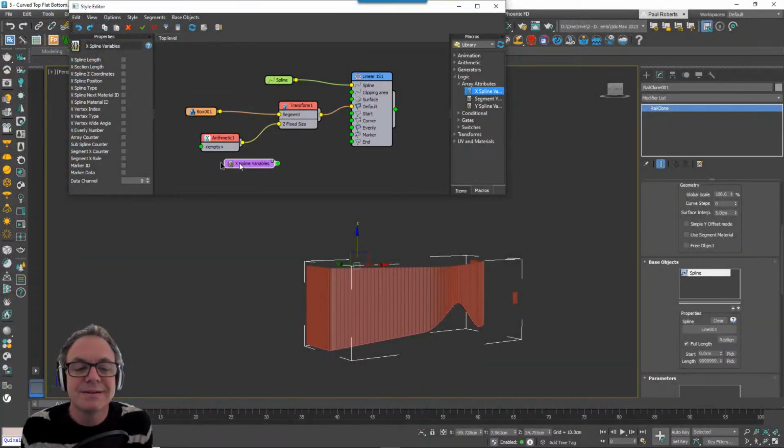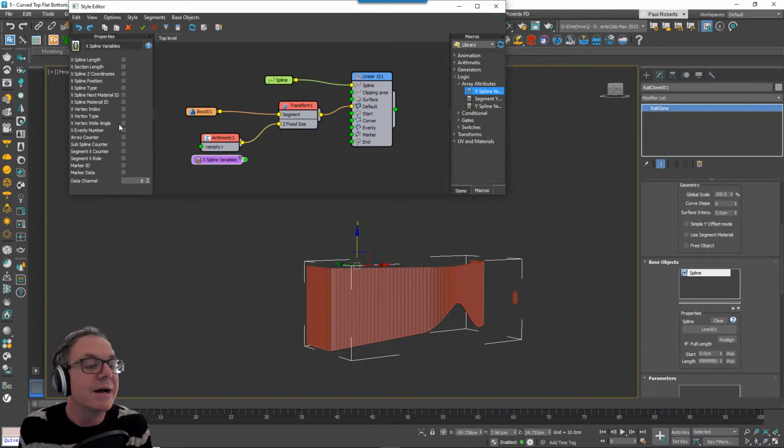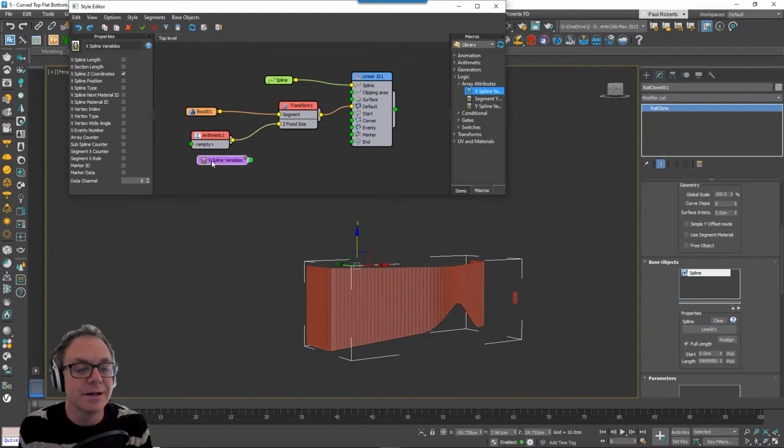Yeah. So sorry, let me just go through that again. In macros on the right here, there's this thing called xspline variables, and in here it should say xspline z coordinates. So I can just check that, and that exports xspline z coordinates. For some people that is simpler than entering that, but that depends on the person. And of course, you've got to know that exists in the first place and how to use it.